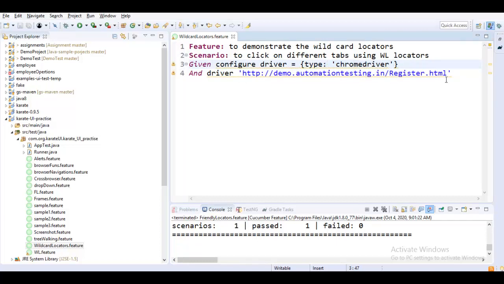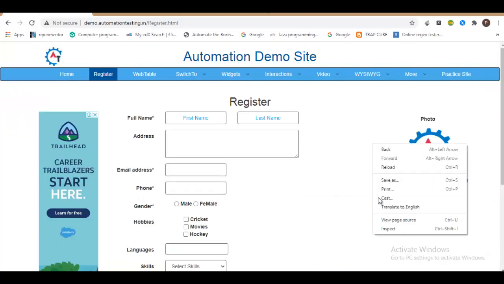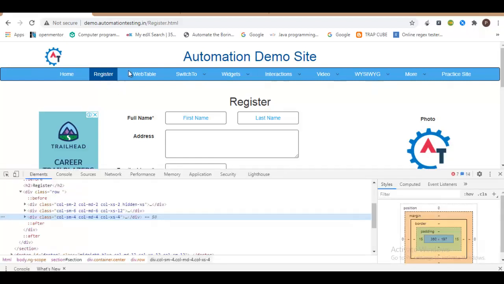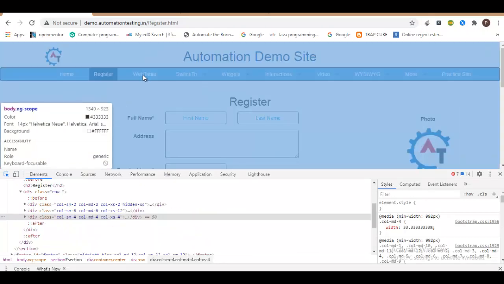Yeah, and then after navigating to this, let me maximize the window. Then I would like to click on a particular element. So let me inspect an element. Right now it is on the register tab, but I wanted to click on web table. Let's see how that can be done using wildcard locator.